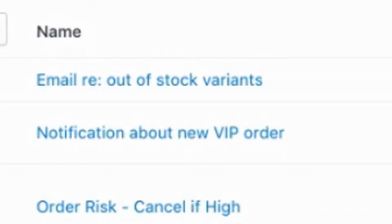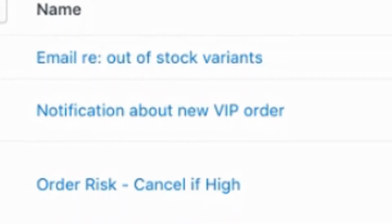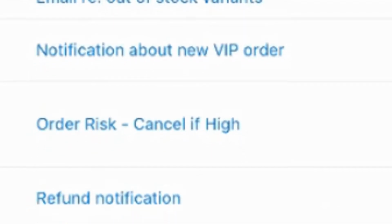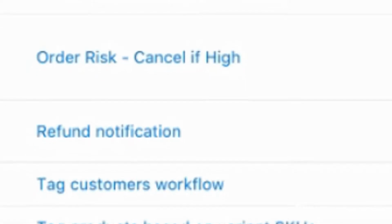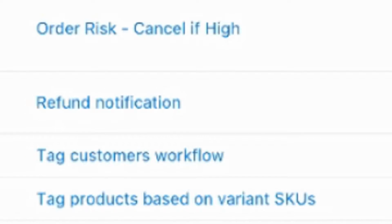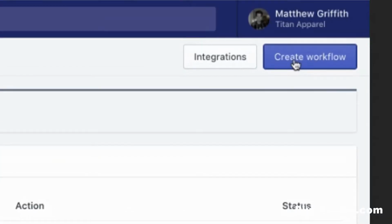And so I've got it open here, and what I'm going to do is take you through a quick tour of Shopify Flow, and then we're going to build a workflow together to solve a problem or an idea that I have. What you're looking at right here is just a simple list of workflows that I've created, and once I walk through creating a workflow, we can come back and talk about what all these things are. But I'm going to go ahead and click the Create Workflow button, and that's going to bring us into the